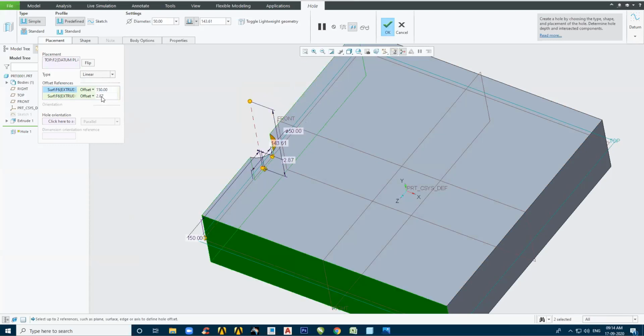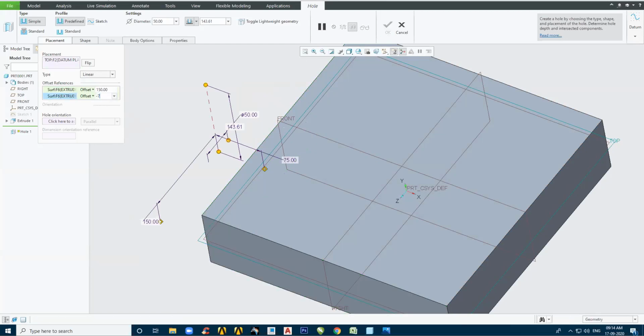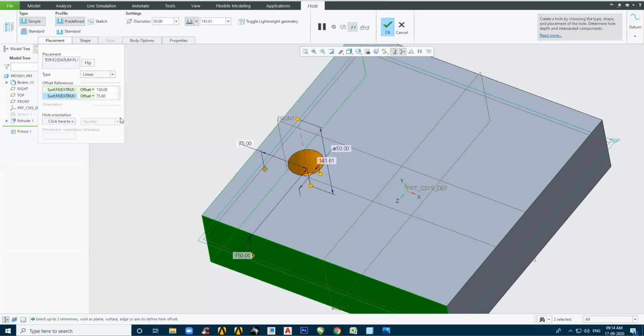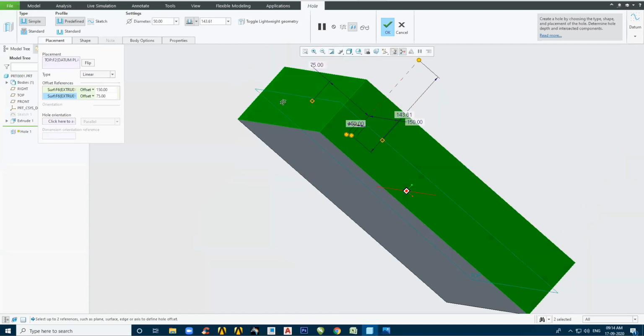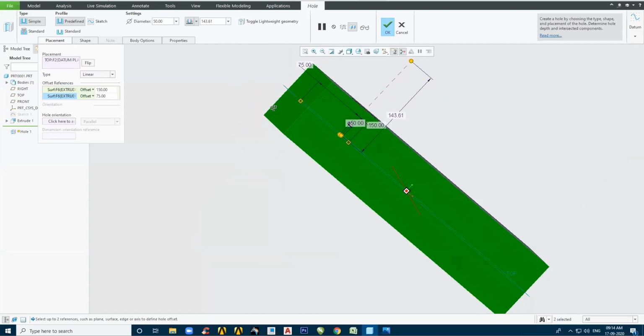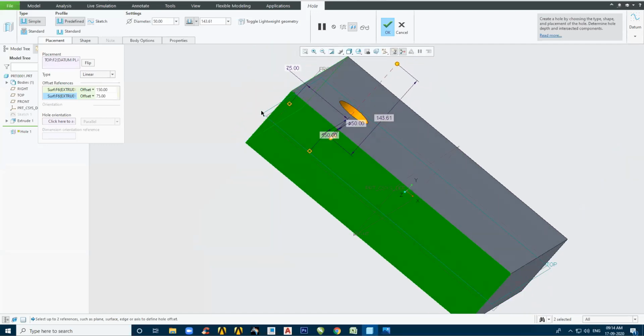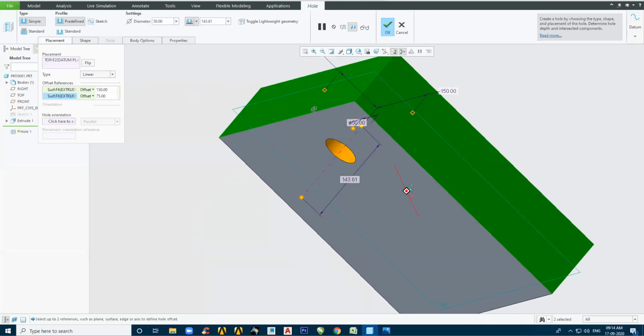And at this location it's 2.87. Let me push it by 75. Okay, it's gone over there. Let me push it by minus 75. Simple. Now you will see that the hole is lying on this plane. It started from this plane and it's coming up. I can flip it so that it will come down.